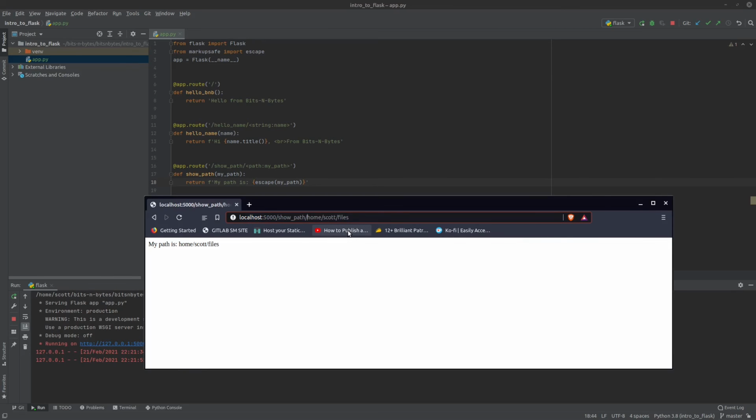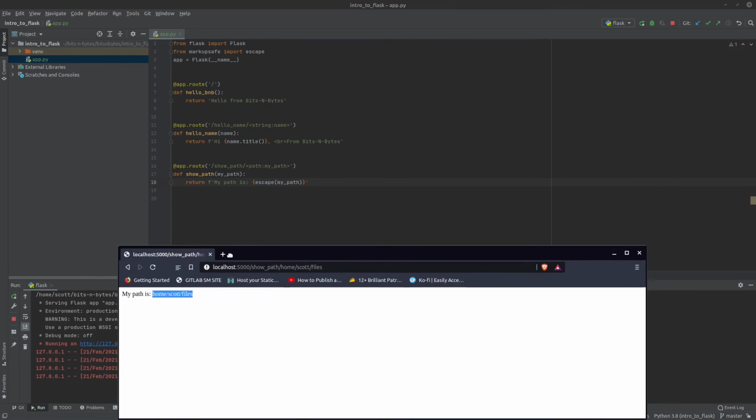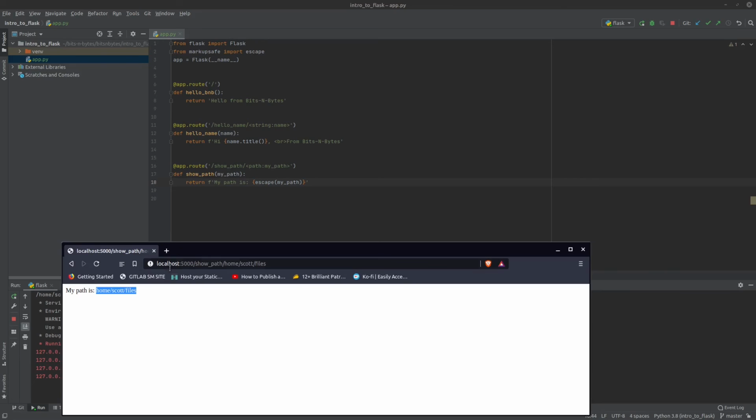You could probably, I don't know if you could put a slash in front of that. It won't recognize it. But so you can get like a subpath. And then you could use that to execute in your code to do something on the back end.